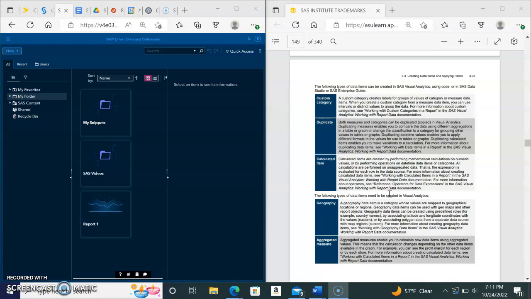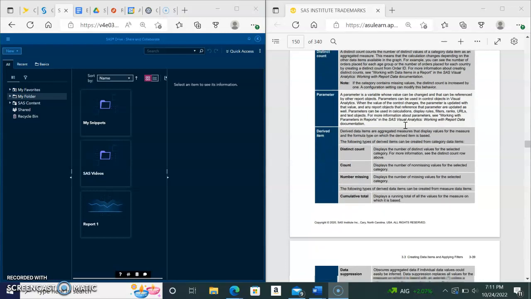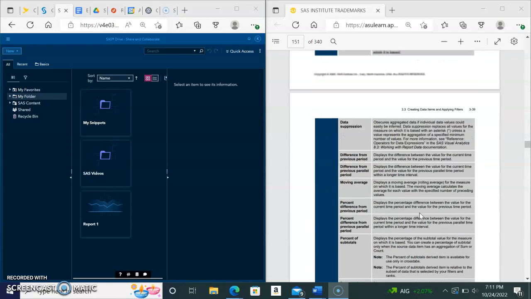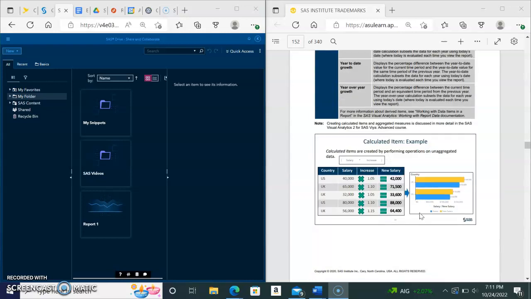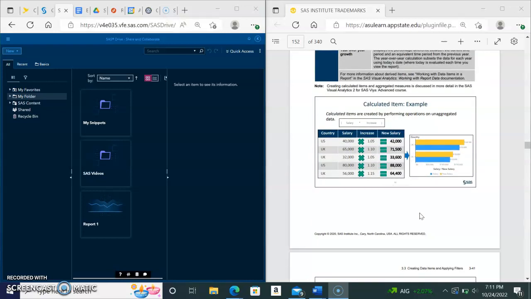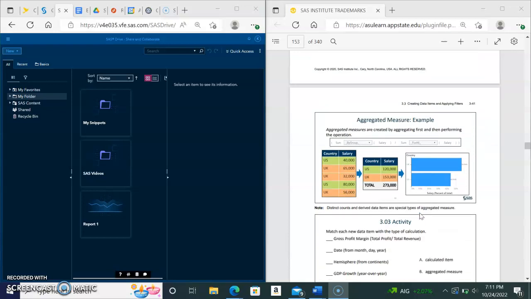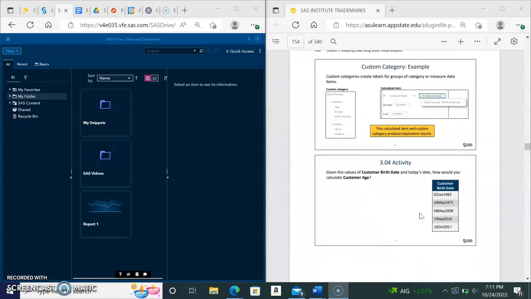definitions here: custom category, duplicate, calculated item, geography, and aggregated measure. And then there's hierarchy, distinct count, parameter, derived item. And finally, these are just all the other things that are in the slides. And then these are some examples of calculated item examples. Aggregated measure, and then there's an activity,